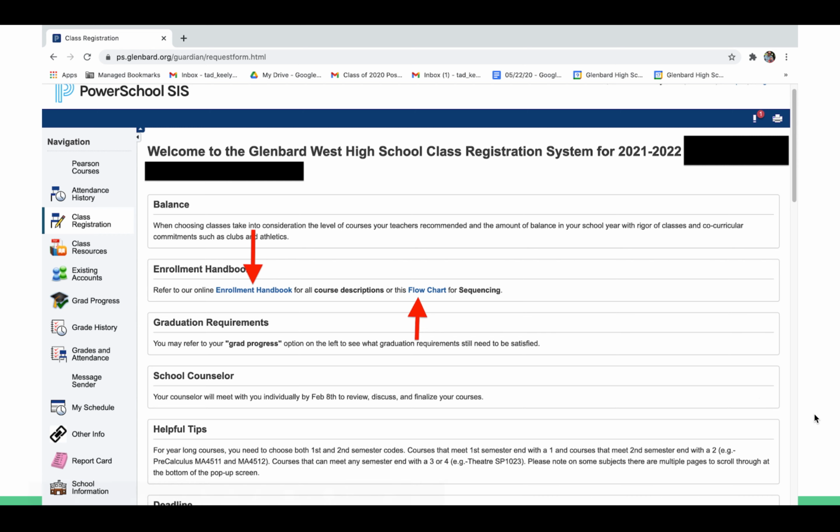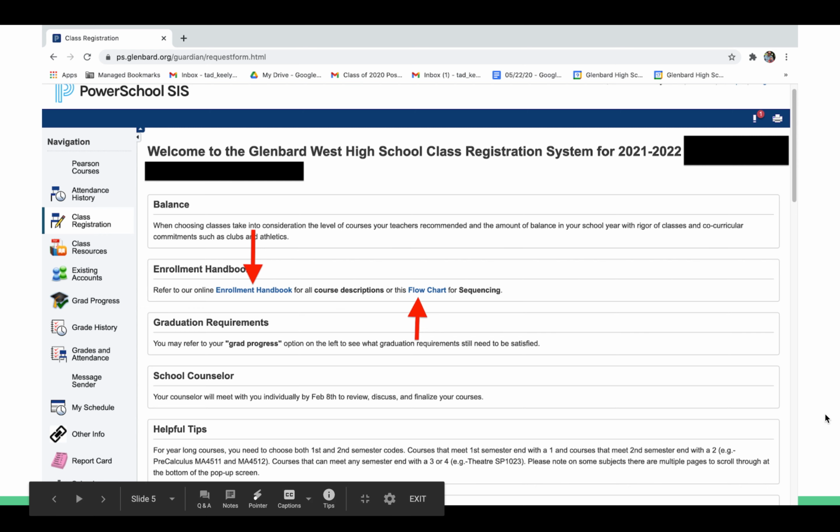Next, you have access to our Enrollment Handbook as well as our flowchart. So Enrollment Handbook is going to be electronic. You can actually see every single course description that we have offered here at West. You can actually look and see the prerequisites that you may need in order to take those classes. The next thing we have is our flowchart. Our flowchart I will actually present to you on the next page,